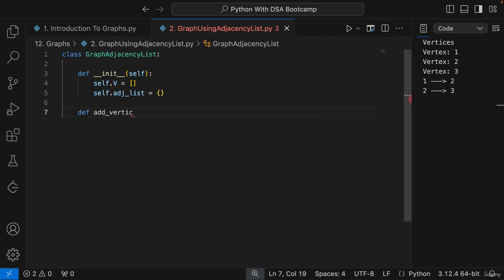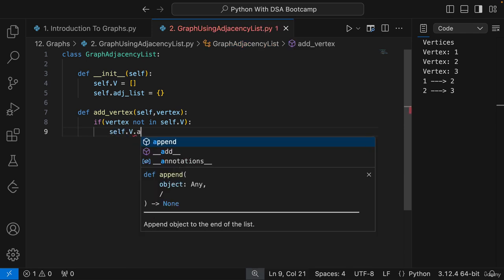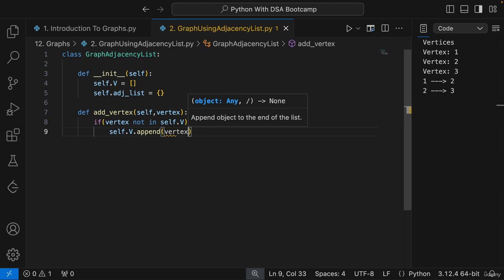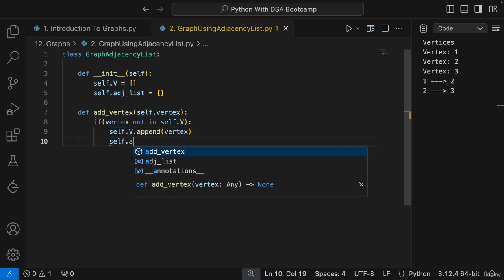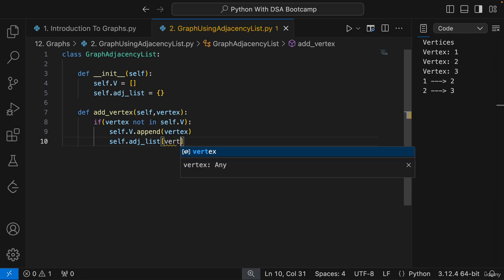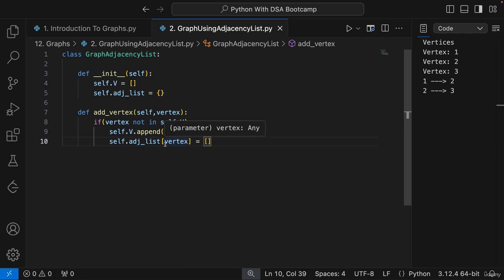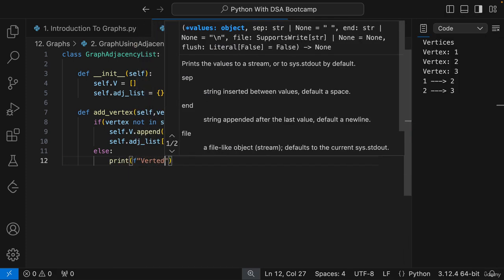Add vertex. Okay. Add vertex. I will be getting the information of the vertex as well. Now see, if vertex not in self.vertices, what we have to do? self.vertices.append, we can append whatever vertex you are sending me. And self.adjacency_list, here I am going to create the vertex as the key, and it will be having a dictionary here. Oh, sorry, it will be having a list here only. We can use a dictionary as well, but that should be fine. Let us use list as list only. Else, we can say directly print f vertex